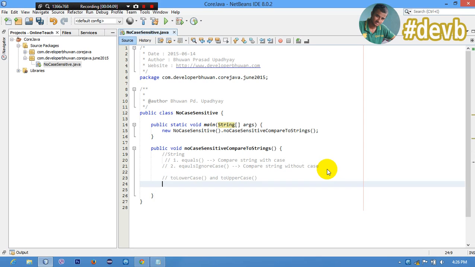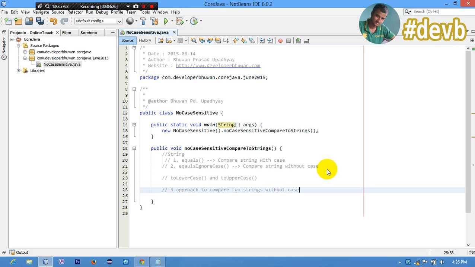Here we can see three approaches to compare two strings without case.